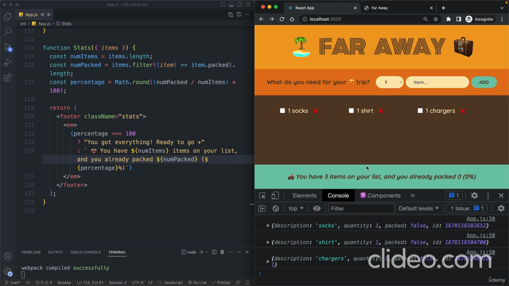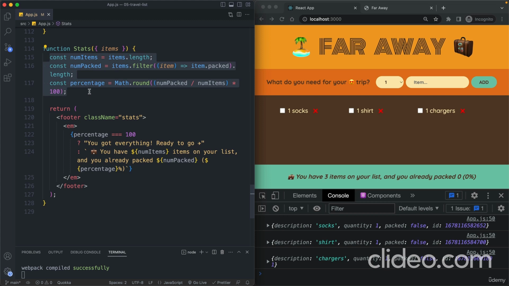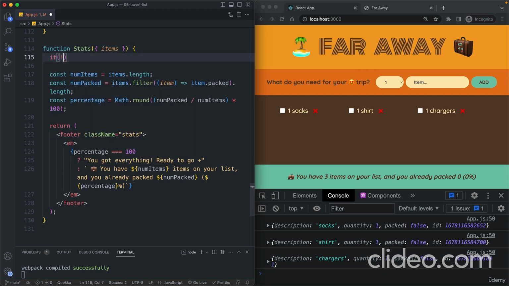And also in this case, I want to display something else as well. So also another message. If there are not even any items in the array, then it's not even necessary actually to perform all these calculations, because they will just be 0 anyway. So what I want to do now here is to show you a good use case of an early return as conditional rendering. So what we're going to do is to say if there is no items.length, then